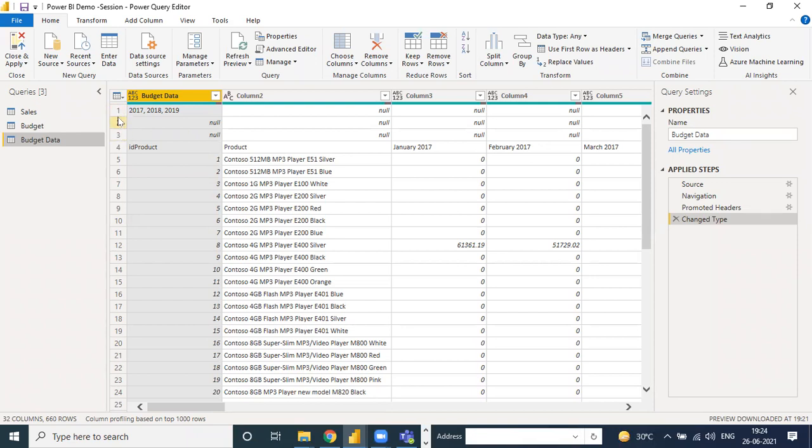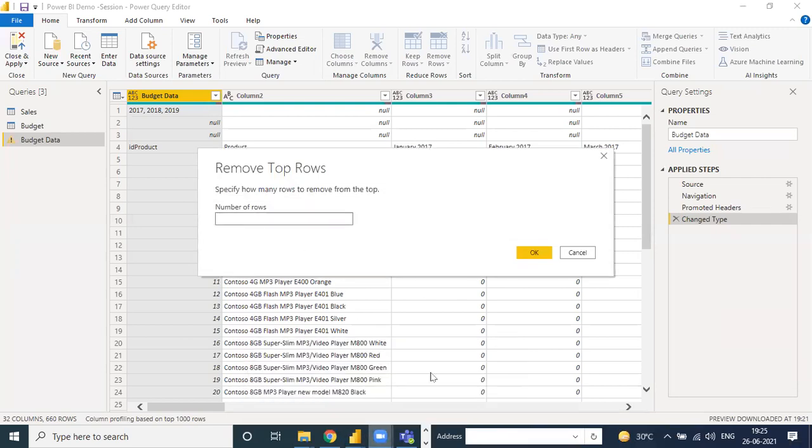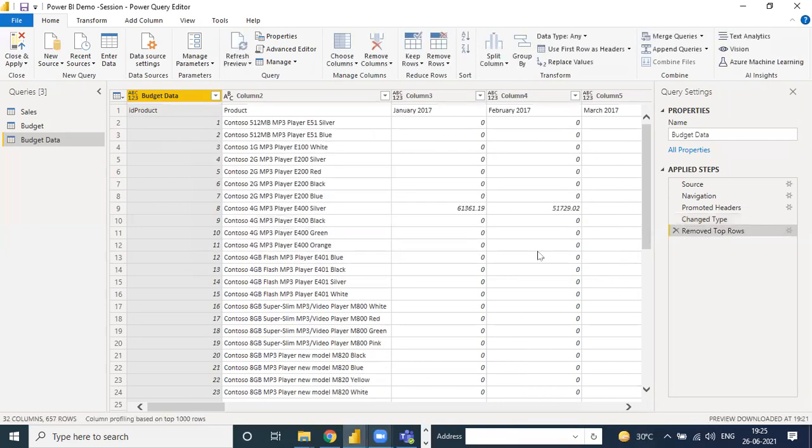Then how to remove? There is one simple step. There is a column here, Remove Rows. Click there, Remove Top Rows, because we want to remove top rows. There are also bottom rows and alternate rows. If you want to remove alternate rows, like 5, 10 or 12, you can do that. If you want to remove 3, then click on 3, because we want to remove the 3 rows. Then okay, see the rows are deleted.